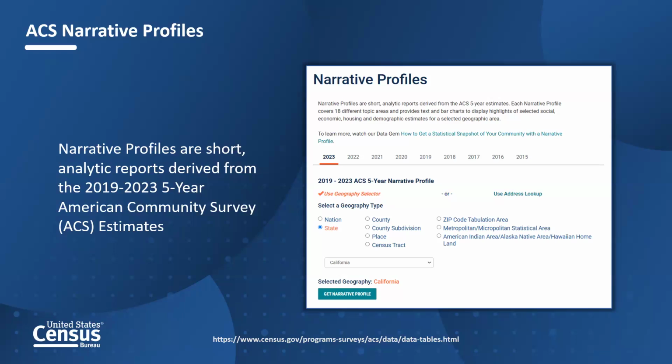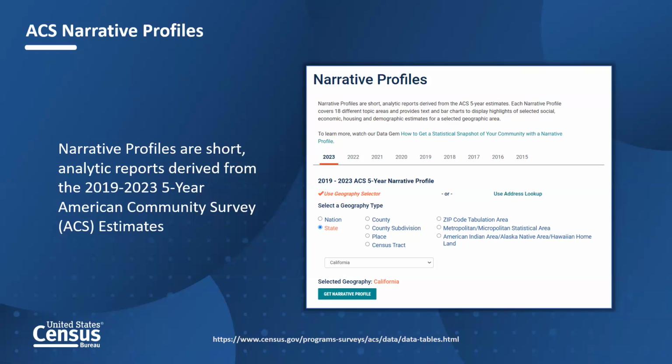So you should be able to navigate through all of our vintages. Vintages is what we call the years of release for each of the ACS, as well as different geographic areas, such as if you wanted to go, as I mentioned, down to the census tract level, or even down to the zip code tabulation area level. So you should be able to navigate narrative profiles in getting that type of information.